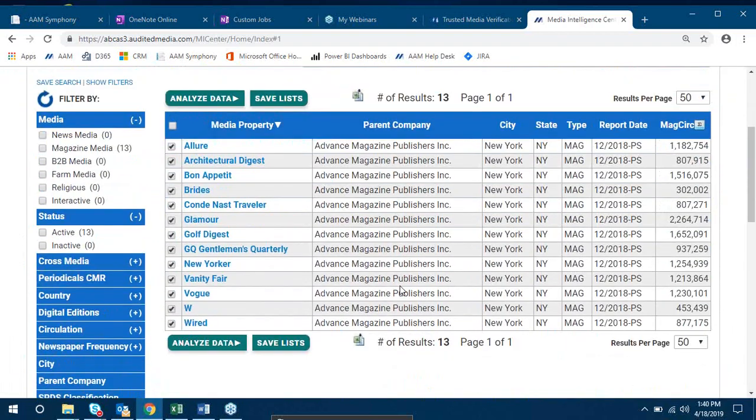Here is my list of all of those magazines that I just selected. So just remember, get your list of magazines or titles, check them all, or select the box to the left of media property, click Save Lists, and save your list. Now, what I want to do here is also mention that these titles up here, media property, parent company, city,